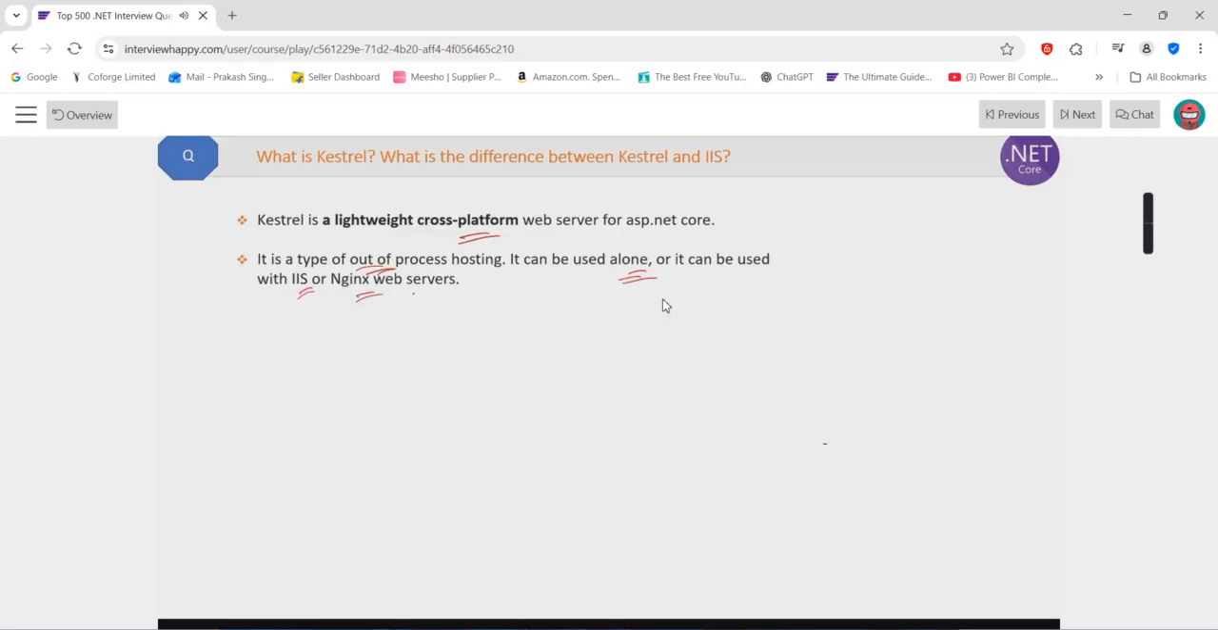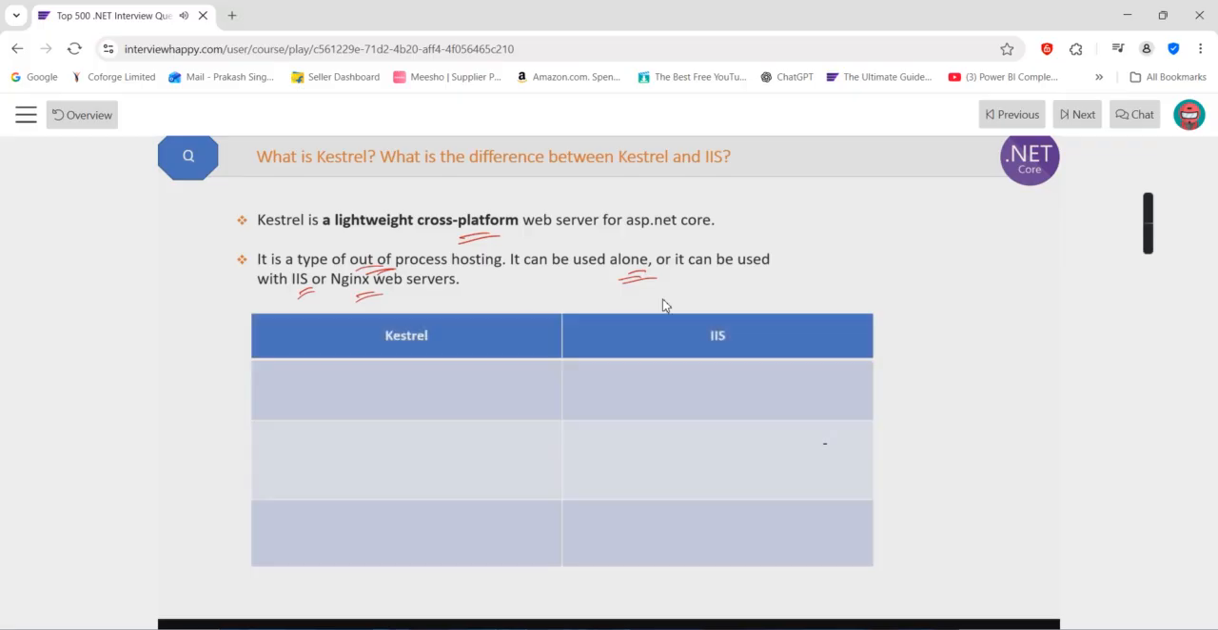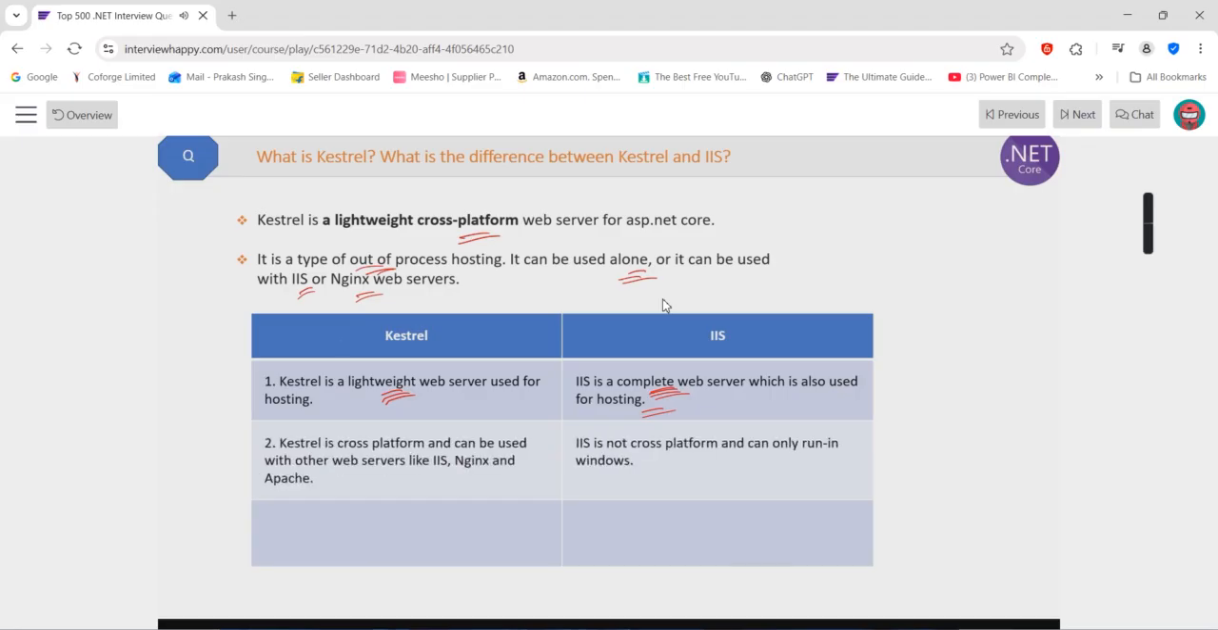Now let's see the differences between Kestrel and IIS. First, Kestrel is a lightweight web server used for hosting, whereas IIS is a complete web server which is also used for hosting, but it can handle complex operations and it is configurable also. Now here lightweight means some functionalities like load balancing are not available in Kestrel, but yes, they are available in IIS. The second difference is Kestrel is cross-platform and can be used with many other web servers like IIS, Nginx, and